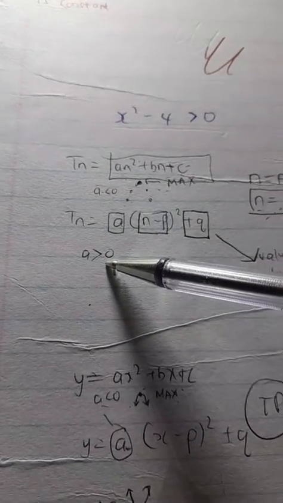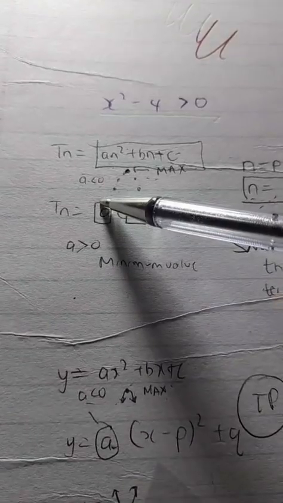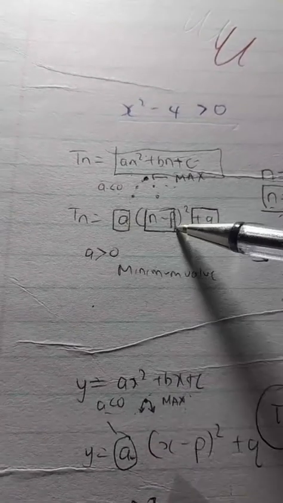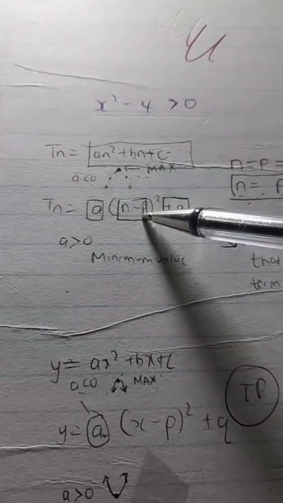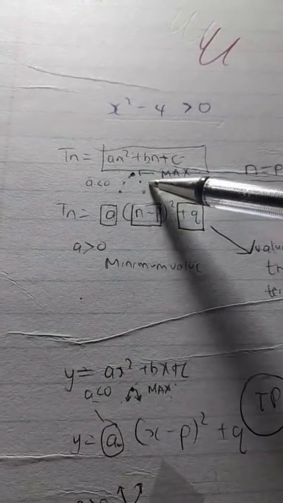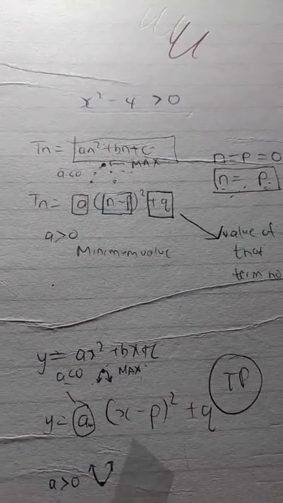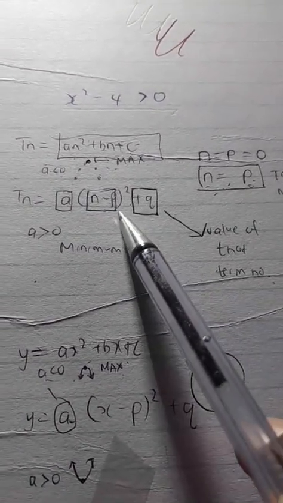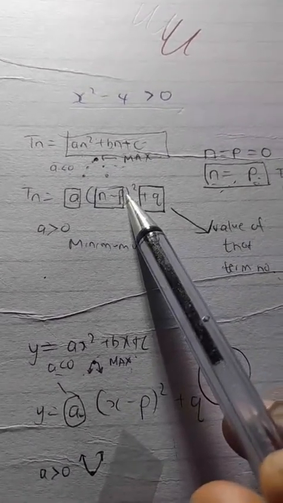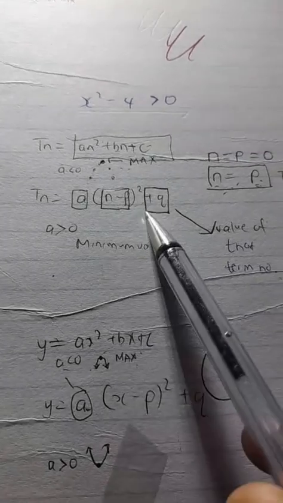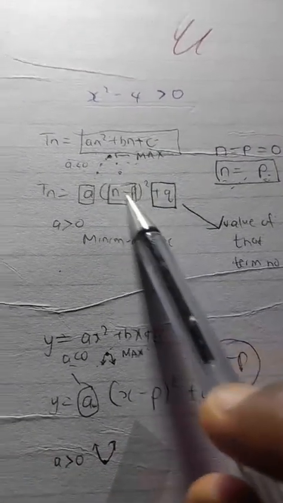Did you see what the value of a was for that quadratic sequence, the form we had in the question? It was negative, so that suggests we have a maximum. That's the first thing. But then you are asked two questions. You are supposed to tell us the term number of that maximum value, and then give us the actual maximum value. So how do you find the term number?